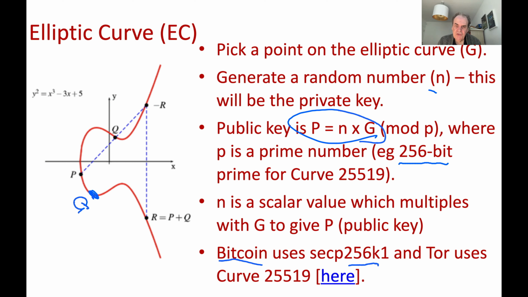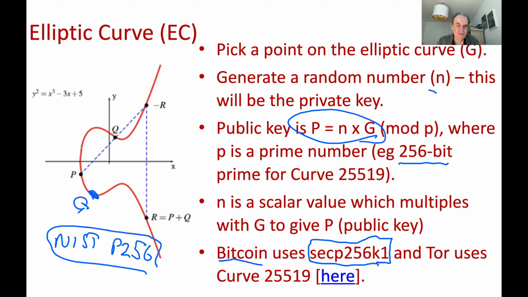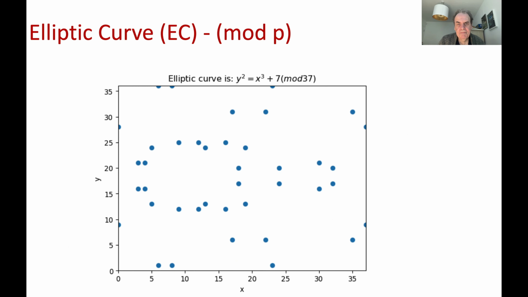As I said, Bitcoin is used with elliptic curve, and we would use this curve here for Bitcoin and Ethereum. Other curves have been defined by NIST, and an equivalent curve to secp256k1 is NIST P-256. The Tor network uses a different curve, and it uses Curve25519. If you're interested,